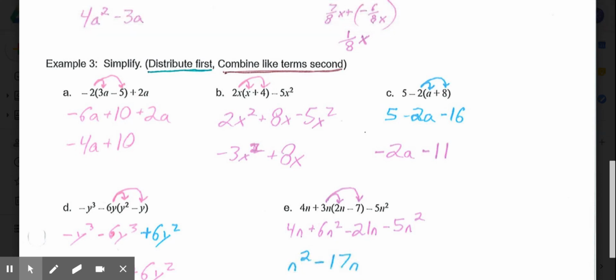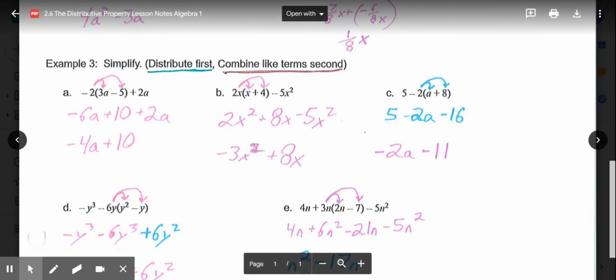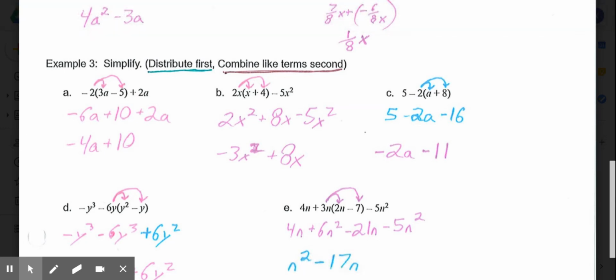In B, we need to distribute the 2x to the x plus 4 first. So 2x times x is 2x squared. 2x times 4 is plus 8x, or a positive 8x. Then we bring down the minus 5x squared. Combine the 2x squared with the negative 5x squared, giving us a negative 3x squared, because the negative 5 and 2 give negative 3. And then we simply bring down the plus 8x,